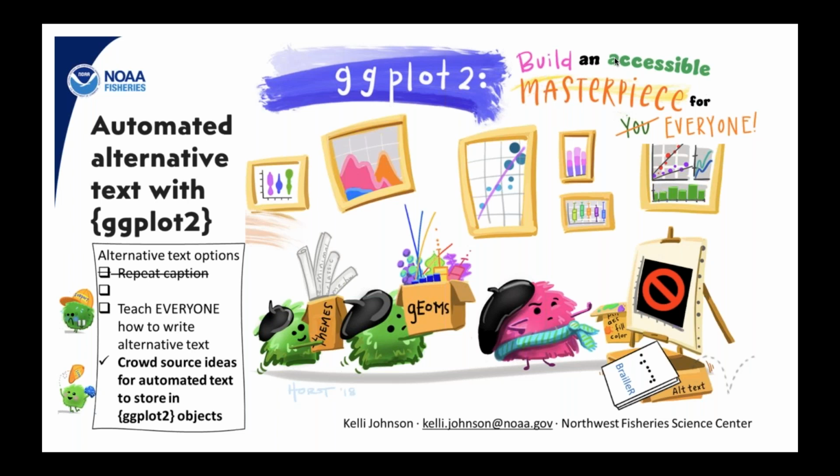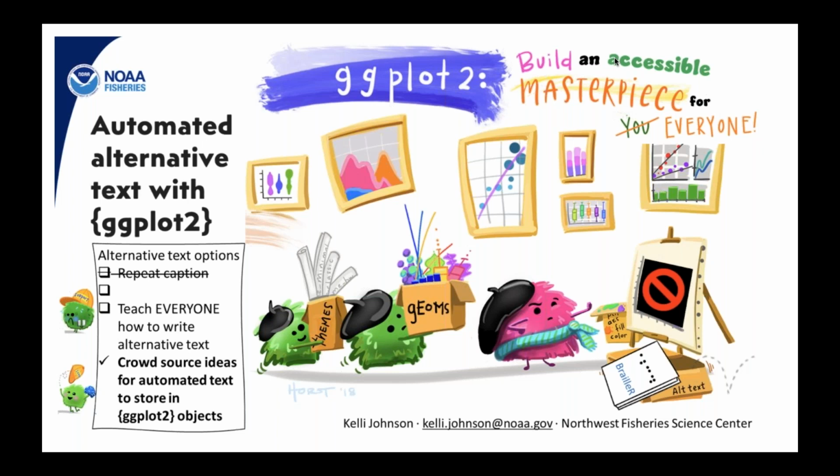And then we have this third monster with his hand up because currently there's no way to automate the alternative text that needs to be used by a screen reader to make these beautiful masterpieces accessible to those with disabilities. And a few of us are working together on it currently in a package called BrailleR to provide automated alternative text for figures that are made with ggplot.